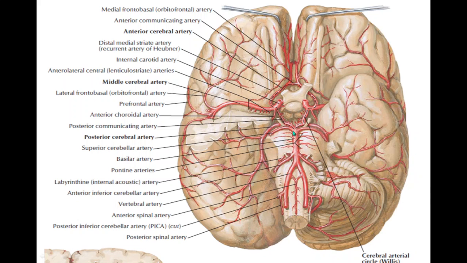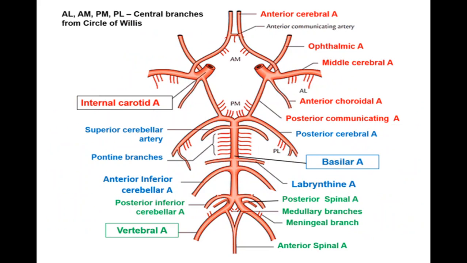I will go back to the line diagram where I was explaining the same thing. You have these vertebral arteries, where you have the posterior spinal artery, then the posterior inferior cerebellar artery, then the anterior spinal artery, then the anterior inferior cerebellar artery, then the labyrinthine artery, then the pontine branches, and then the superior cerebellar artery and the two terminal branches,